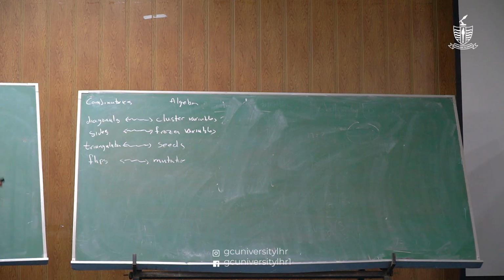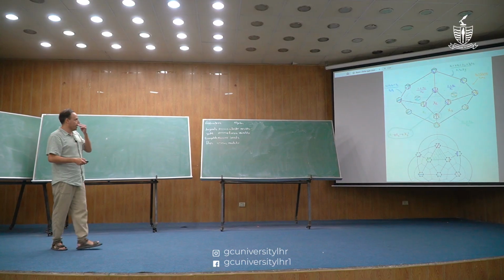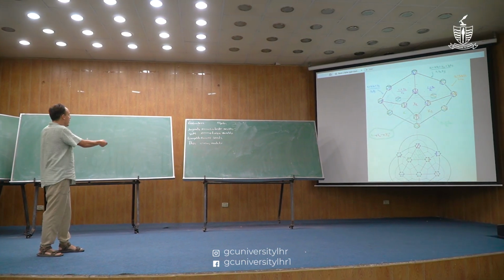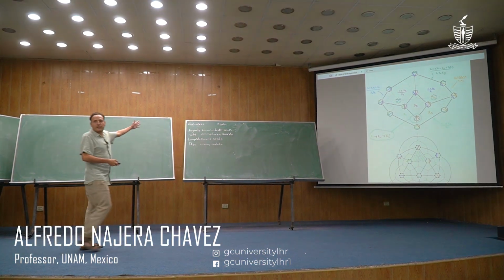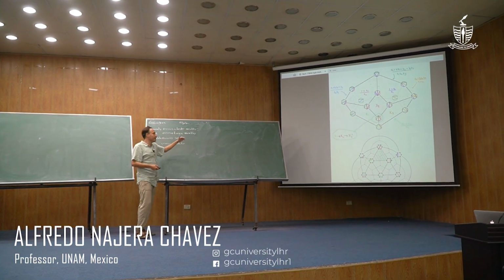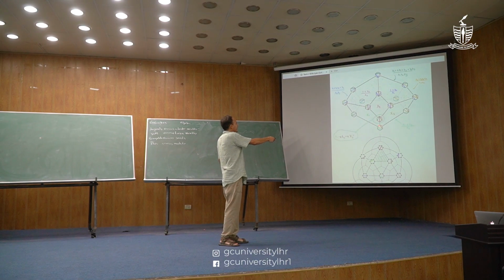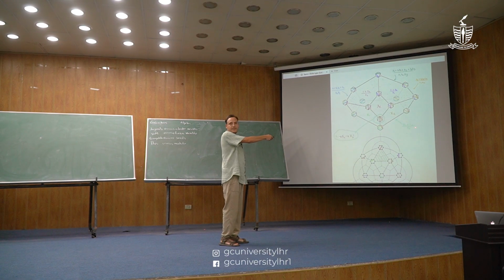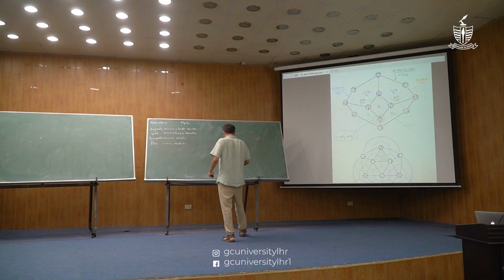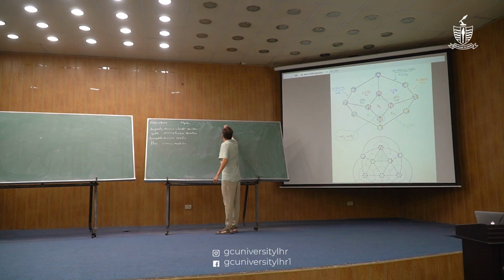This is the example of this morning, and this is how we're going to see this kind of dictionary between combinatorics and algebra. Okay, so here I choose this guy to be my initial triangulation, as in the morning. So I started with that. In the morning, I started with this